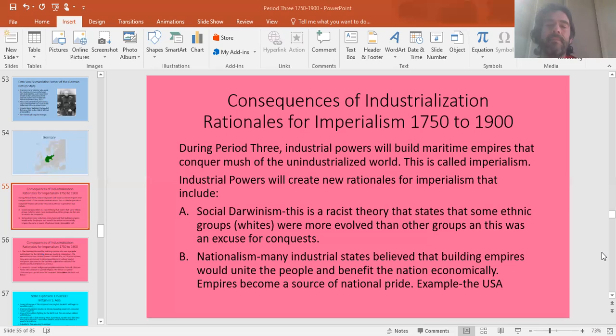Sometimes, even if the colony wasn't worth anything, and this is going to lead the world to a dark and dangerous place. The last major imperial power in this unit is Germany. Well, since they were the last one to get into the colonization game, by the time they started getting into the colonization game, all the good stuff in the world had already become colonized. But they still build colonies for themselves anyway, just as a source of national pride. And what they're going to do, and this is what's going to put the world now on a very dangerous pathway, is in places like Africa,